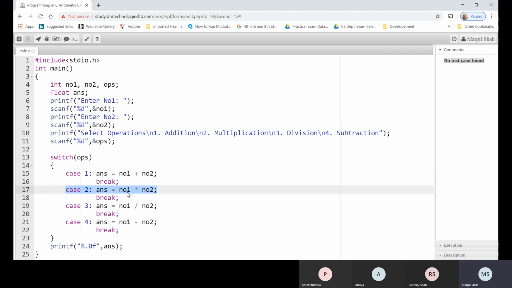So what is the value of number 1? That is 10, and the value of number 2 is 20. Once we get the answer, break it. Break is also required, and it is still pending. We will discuss it in detail in the next lecture. But with the help of the break statement, we may come out of the switch, and this particular statement will be